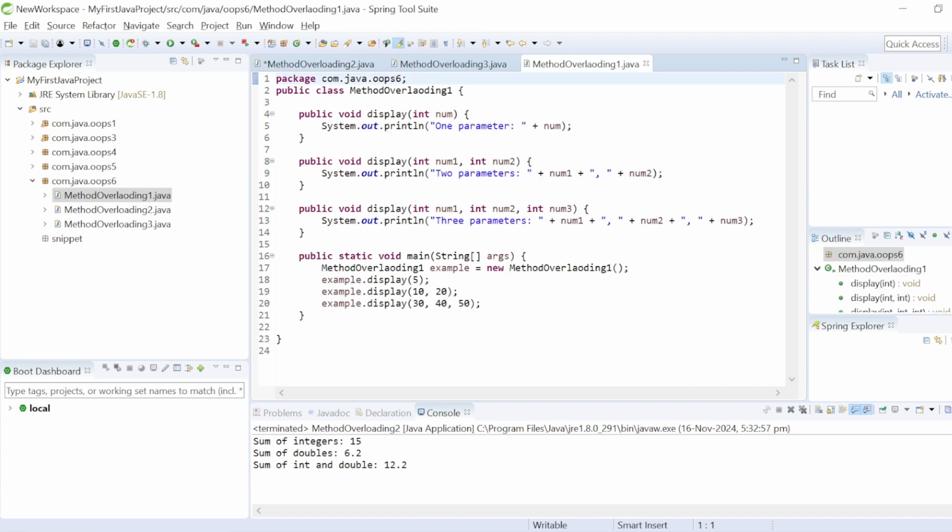Now let's try to understand how method overloading achieves compile time polymorphism. In the compile time polymorphism class, I explained that compile time polymorphism is when an object is bound with the functionality at compile time, and it is also known as static binding, or early binding. So you can see I am creating an object and then I am calling a method, and this method call is defined at compile time itself. This object is going to call this parameterized method